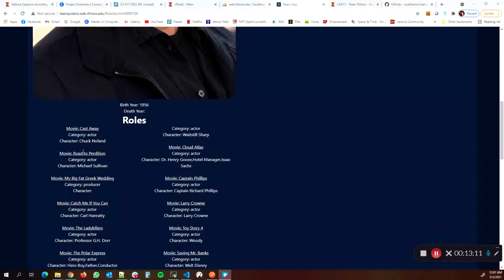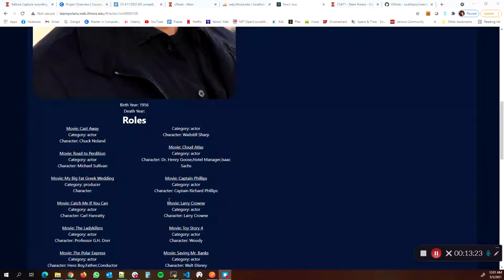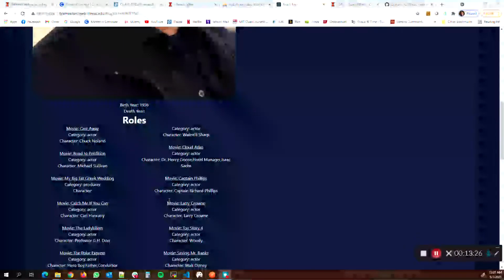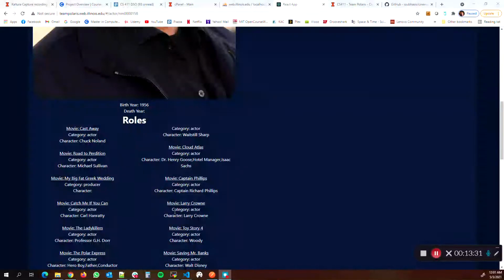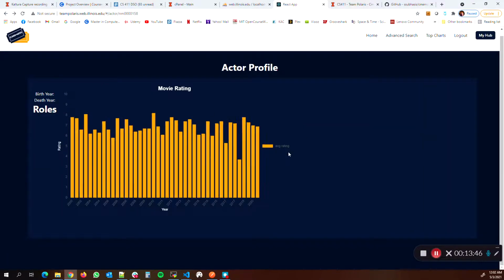So the movie details for this actor basically require multiple table joins from MySQL, like the movies table, cast and crew table, for title, etc. Since these are complex joins across multiple tables, we created indexes on top of these tables to ensure the fetch is much faster. And all these movies have hyperlinks and we can click on them and navigate to that page. So now let's go back to the actor page again.